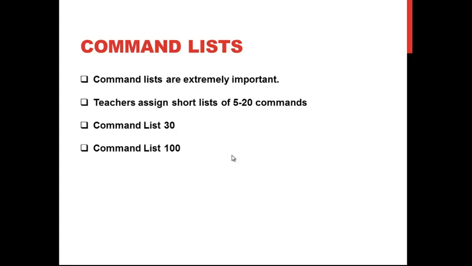4, 5, and 6, and ask them to write 7, and so on, until they write 20 commands, and then up until lesson 20. When it comes to lesson 20, they should write a command list of 30. They should write 30 commands on the list. Then they should write a command list with 100 commands at the end of the year,